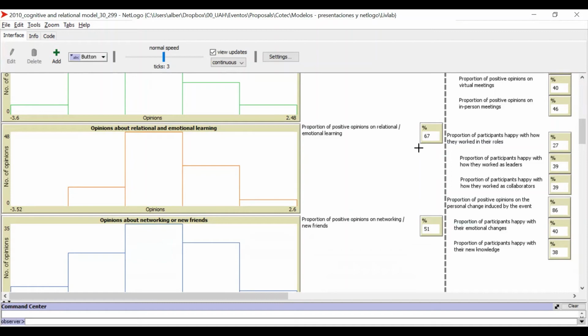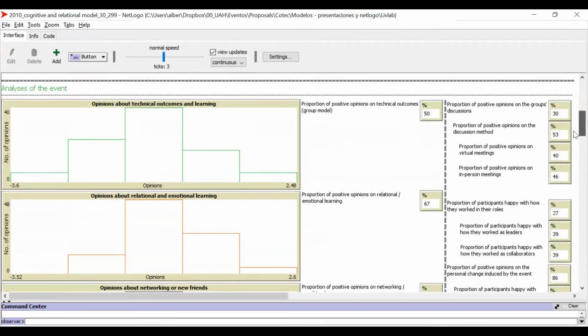So this is an event that has been very rewarding, emotionally speaking, for the people participating in it, and it is also fairly evenly distributed in terms of making friends. So there are people happy, as many as the opinions happy with the